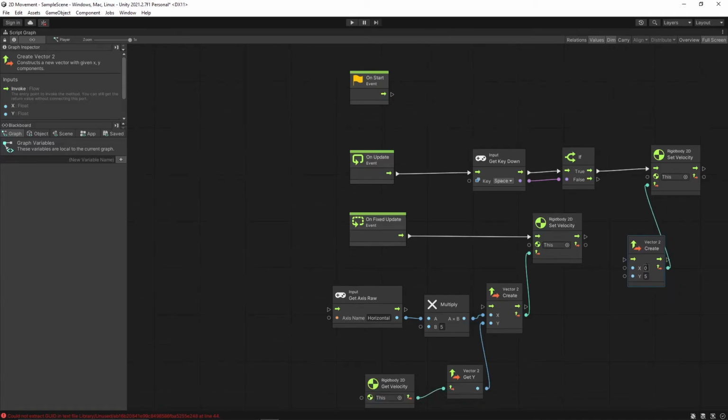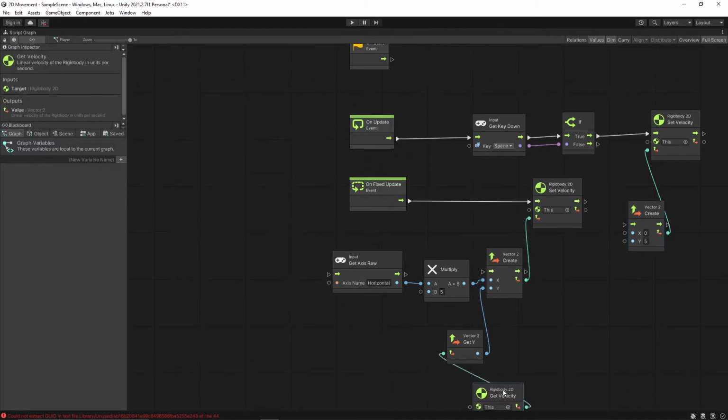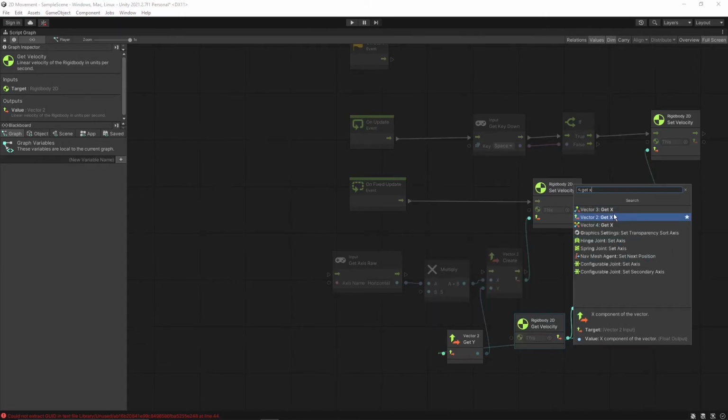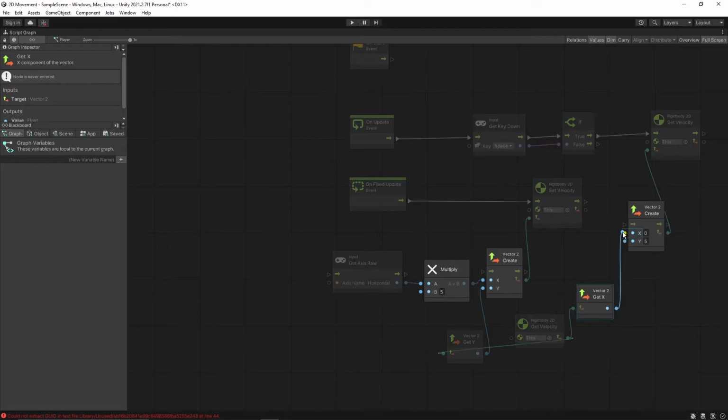We'll do one more thing. We'll fetch the value of x from the current velocity. So we can use the same node which contains the current velocity values, like the x and y values. We'll get x from here and pass it over here.